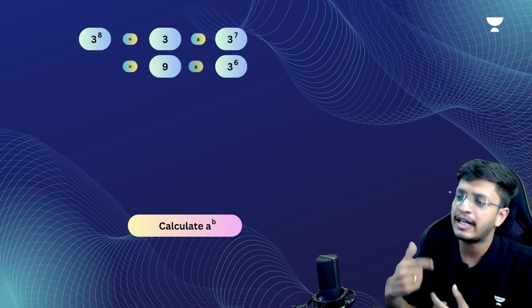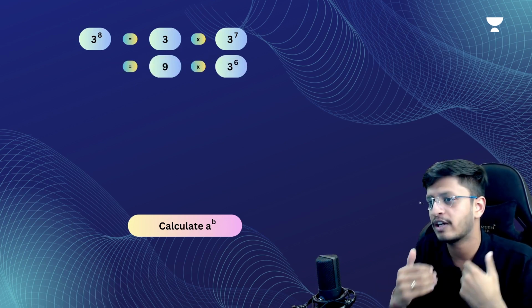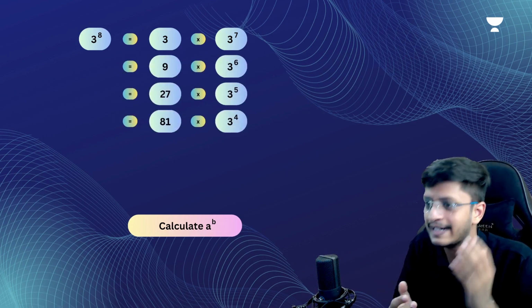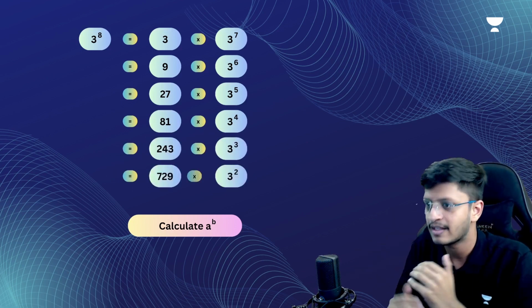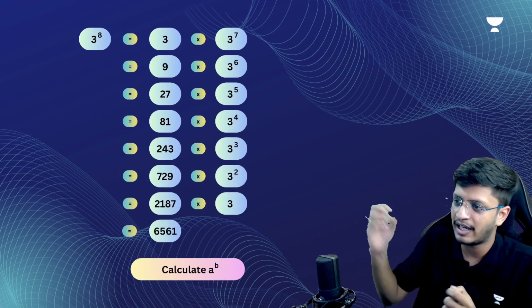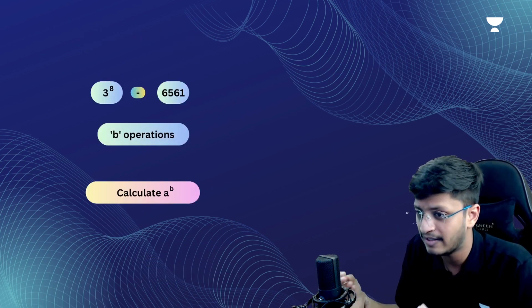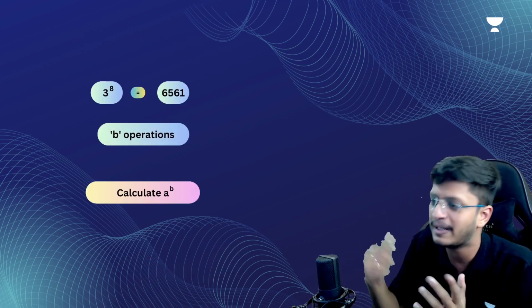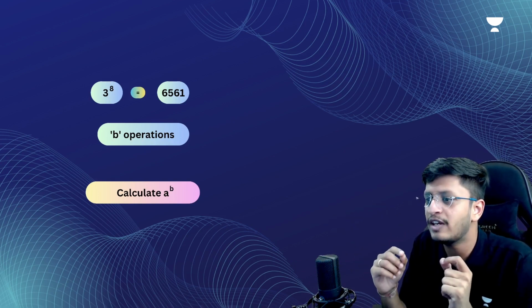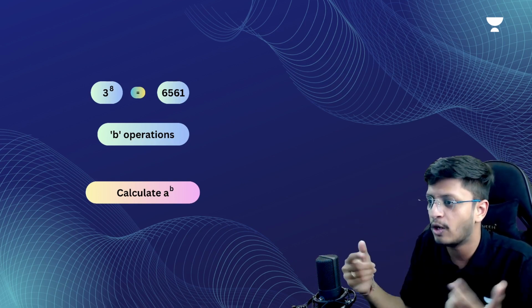So let's say I want to calculate a to the power b. Let's say I want to calculate 3 to the power 8. How will I do it? It is 3 into 3 to the power 7, and I can keep breaking it. This is the most basic trick for how you calculate 3 to the power 8, right? Multiply 3 8 times. So basically you will require 8 operations, or b operations if you want to calculate a